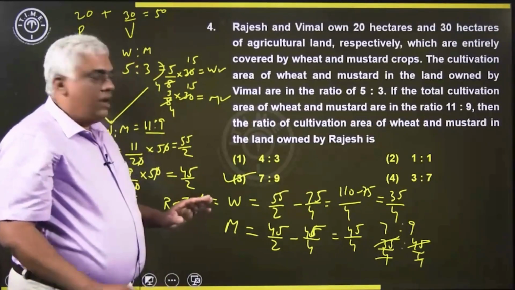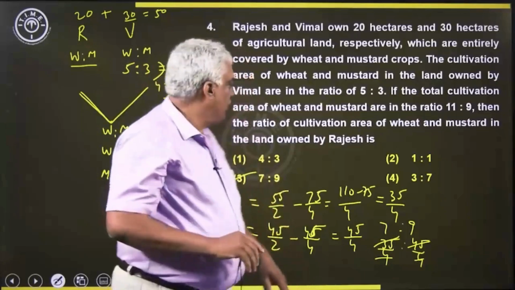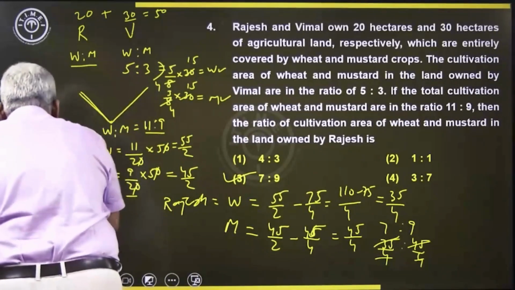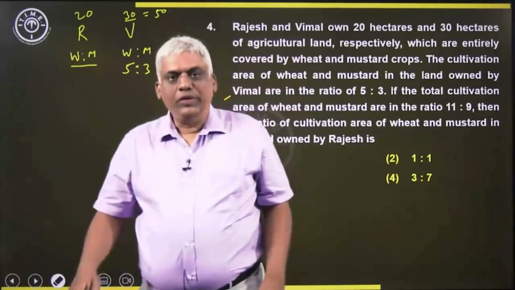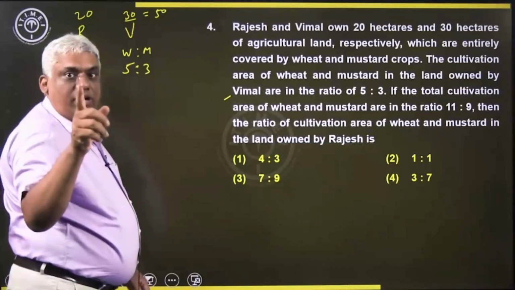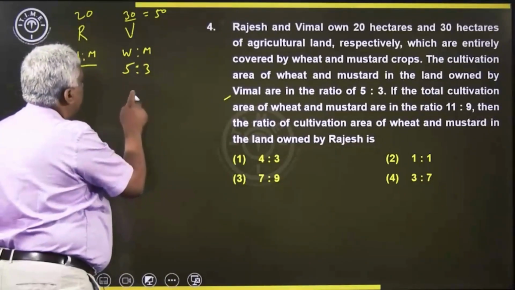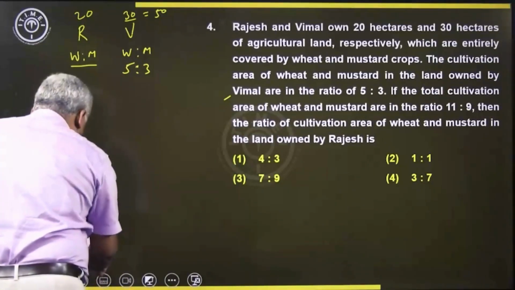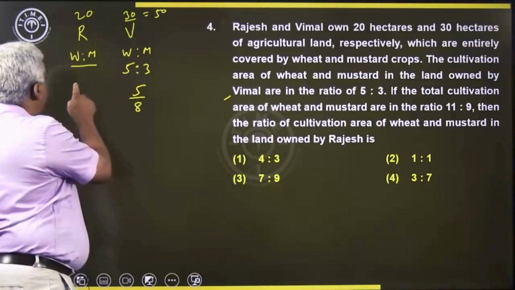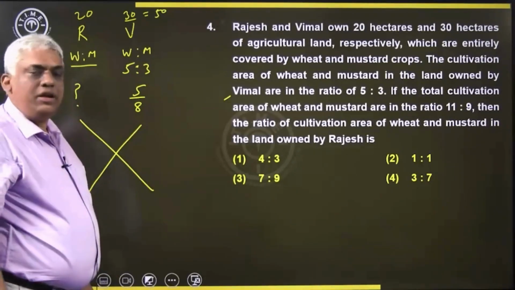okay. Now, we could have used allegation also, we can do this question another way, by allegation also. What we could have done is, let us see the allegation method. So, we can also do it by allegation. You see here the concentration percentage of area under wheat cultivation is 5 by 8, okay, 5 by 8. Here it is 5 by 8, here we do not know, right, and the overall the area under wheat cultivation